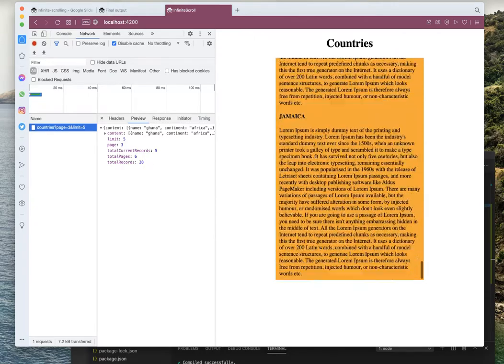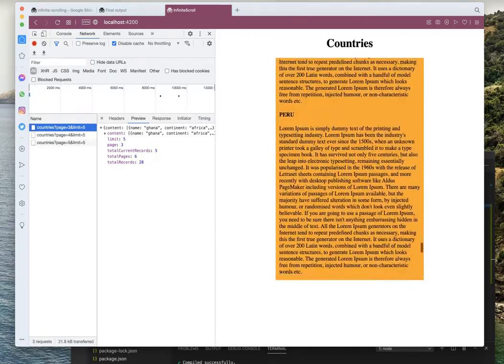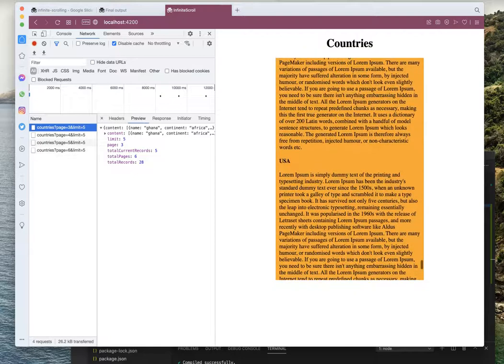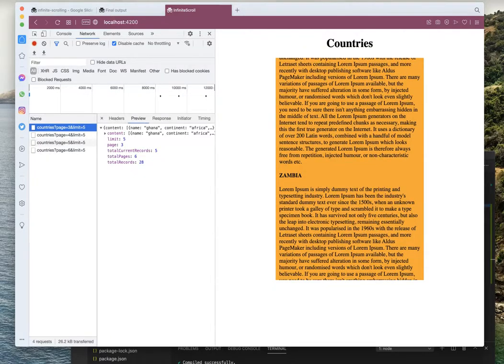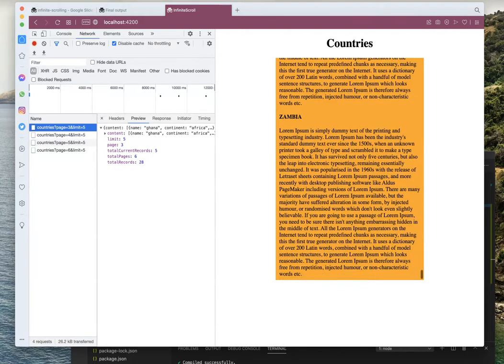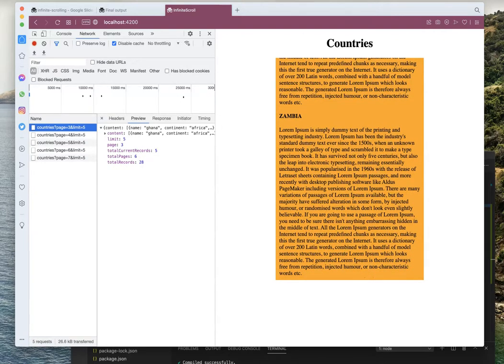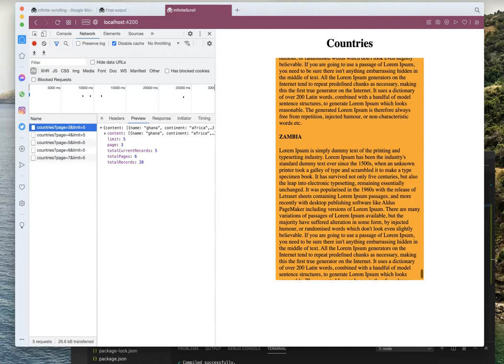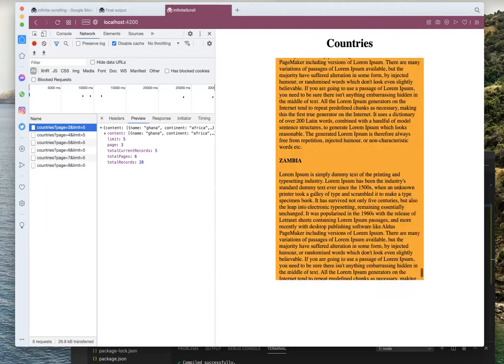So 5, 6. And you can see that even though we have reached the end of the total pages, the next API will still get invoked when we hit the end of the scroll bar again and again.